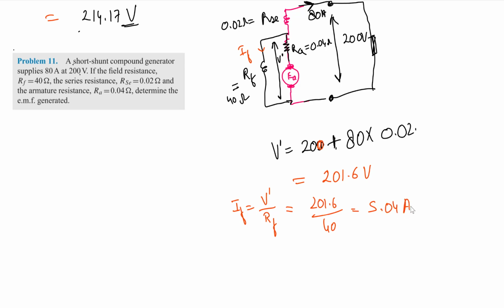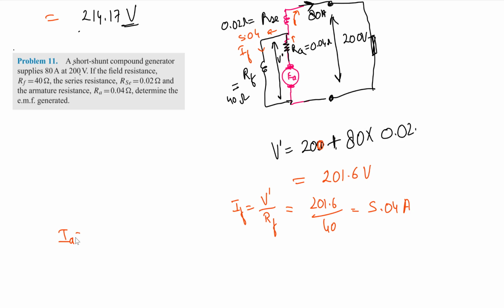5.04 ampere current is flowing here, and 80 ampere current is flowing going to the load side. So how much current is flowing through the armature? IA is basically